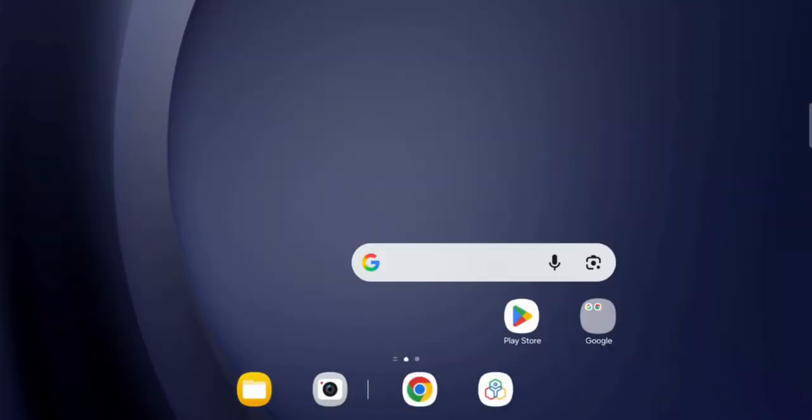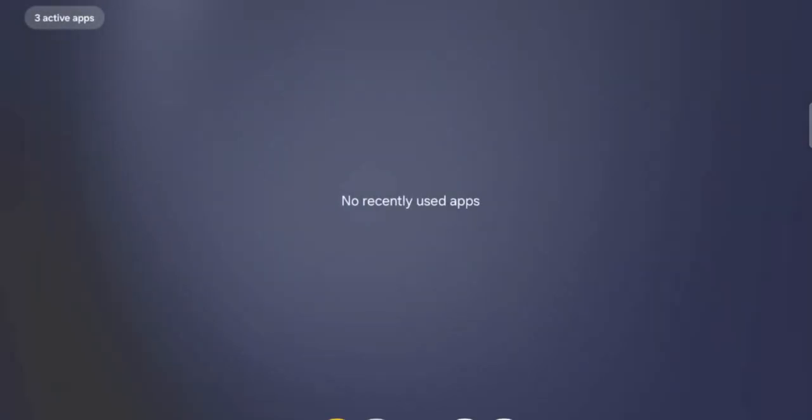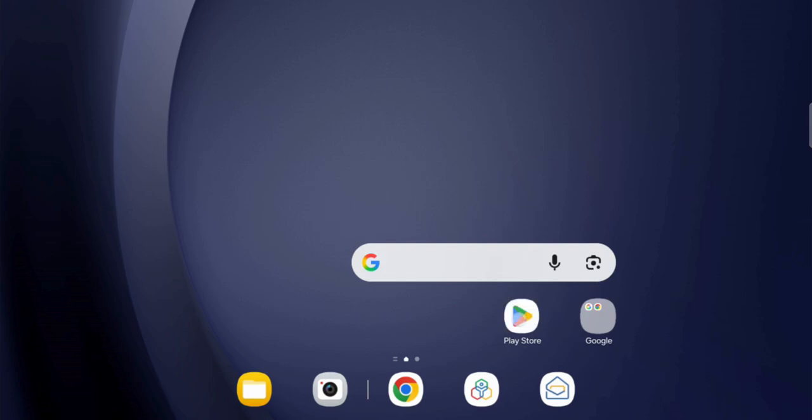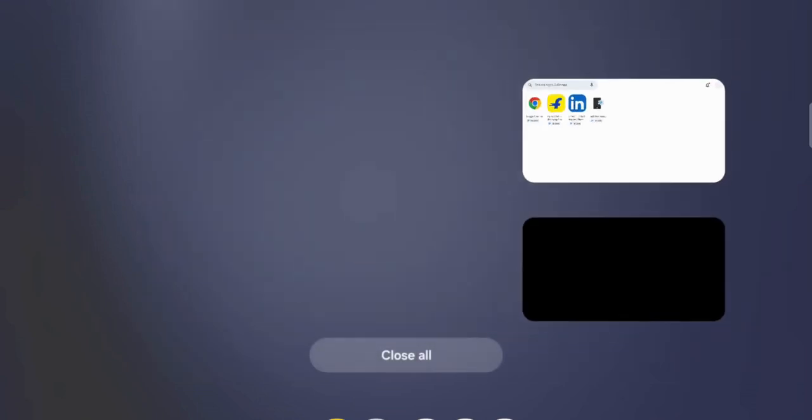With the outer policy now active, let's see how the device behavior changes automatically in real time. We'll reopen the Google Play Store. Notice that the previously available internal applications, Zoho People, Slack, and Zoho Mail are no longer visible. Instead, a completely different set of applications is now available based on the active outer policy configuration. Applications such as Chrome, LinkedIn, and Flipkart have been automatically provisioned for access outside the secure perimeter. This demonstrates how MobiHeal can dynamically manage application availability based entirely on device location.